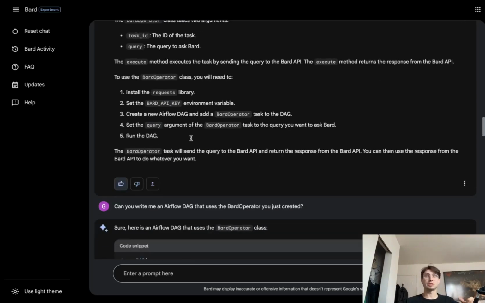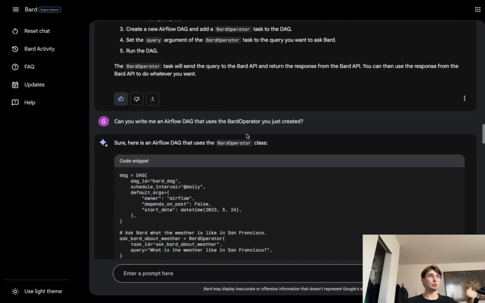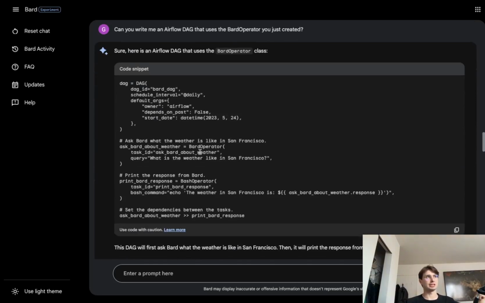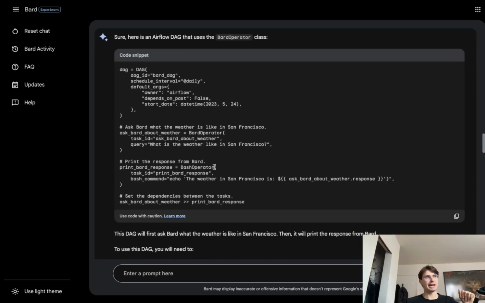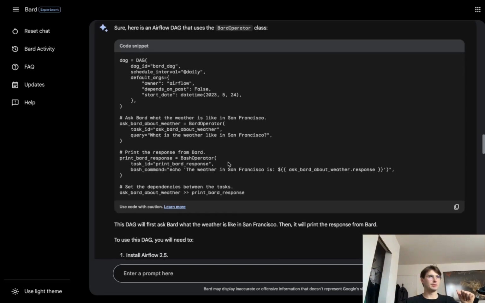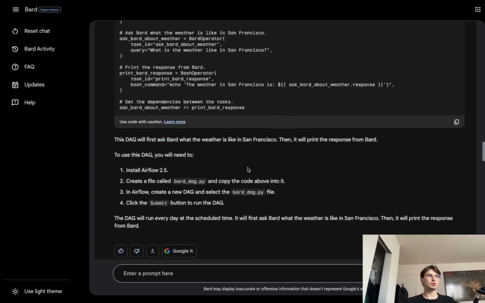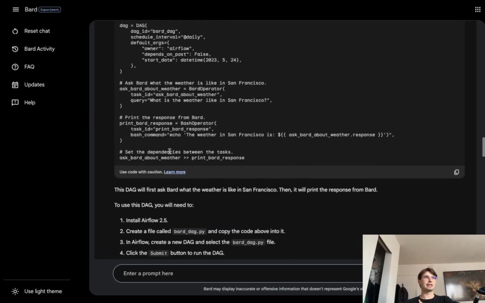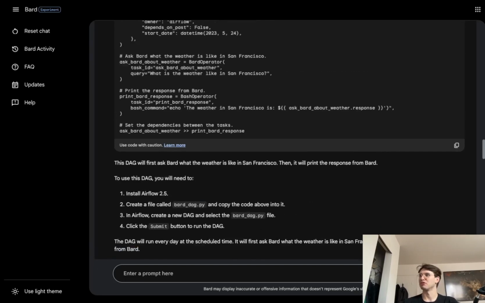And then what you can do is even write an Airflow DAG that uses that Bard operator they just created. You can see here, basically just writing a basic query, what's the weather in SF, good old AI is super creative, and then just echoing it using Jinja templating with a Bash operator. So simple stuff, but pretty useful. You can see that it says Airflow 2.5, so you can actually specify which version of Airflow, and that's a big advantage over ChatGPT, which doesn't use things like TaskFlow APIs. It doesn't use the latest and greatest Airflow features, so that's why I really prefer Bard here.